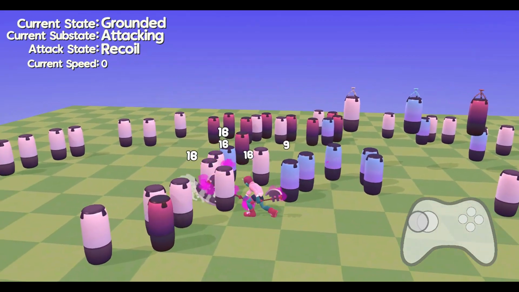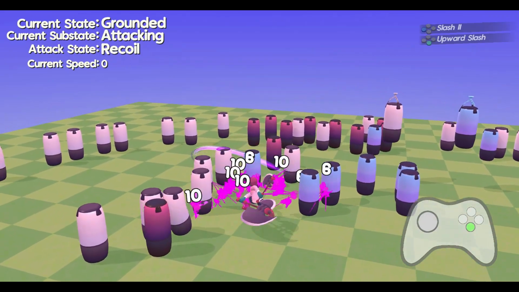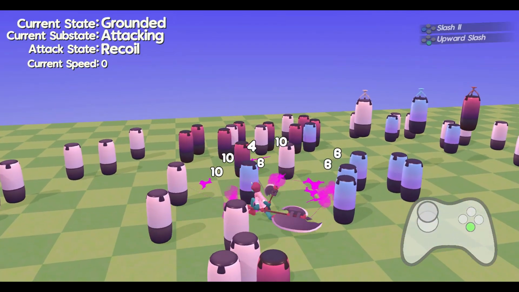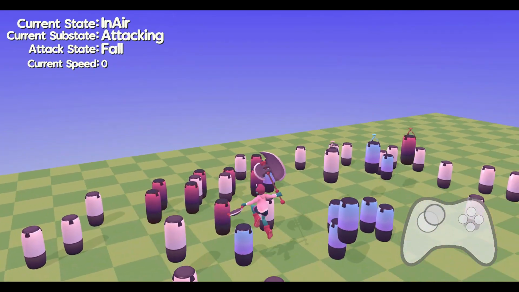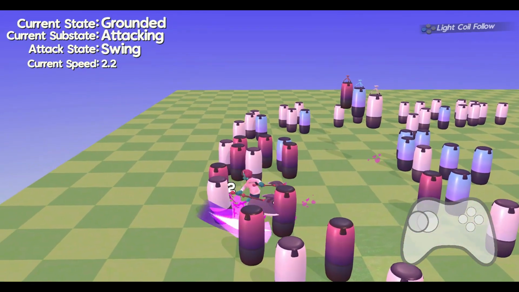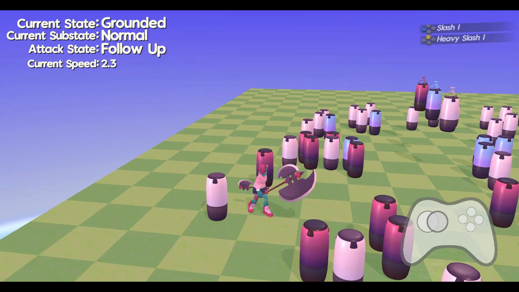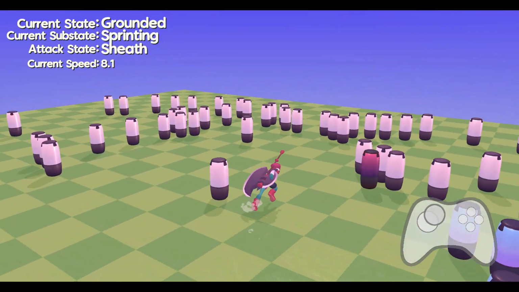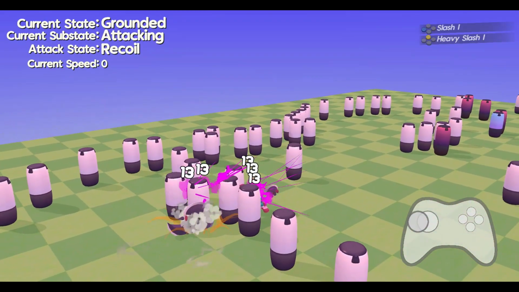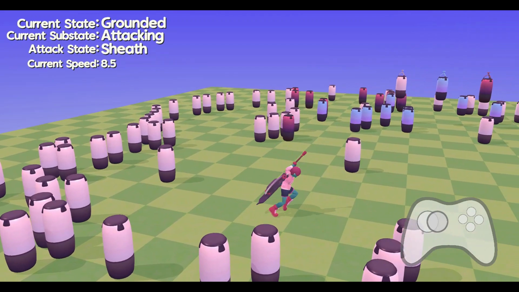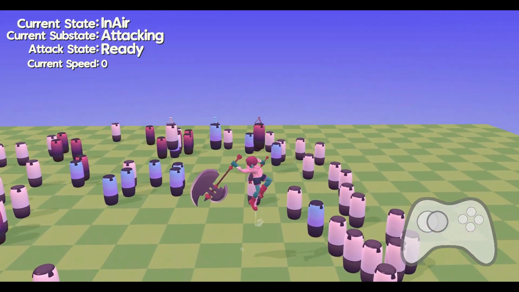This is good for multiple hit combos because you're locking the enemy into a position where they can't move away from, and you can easily follow up attacks by sticking them in their position. If the amount has a Y value, it's going to be implementing a launcher knockback. This is knocking the enemy into the air. If the enemy is already in the air, we're going to be initiating another launcher called a juggle, which is a separate kind of launcher that I will get into, but it's more aerial movement.